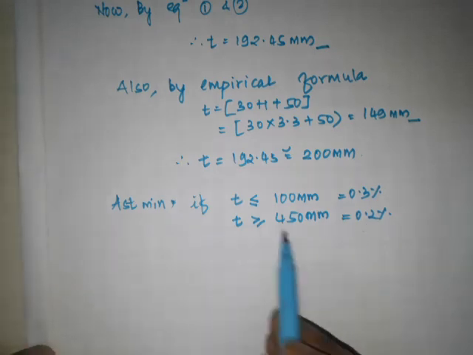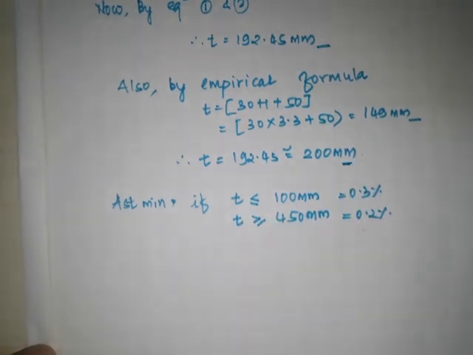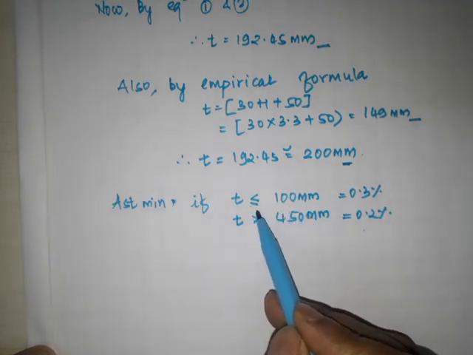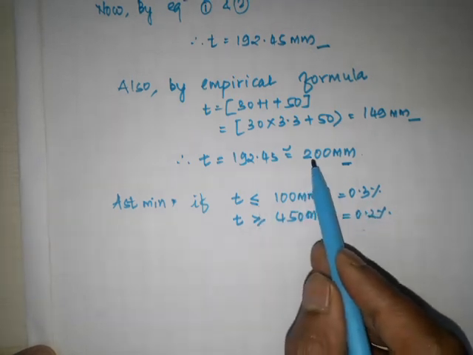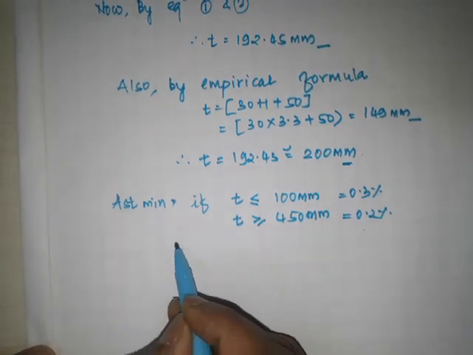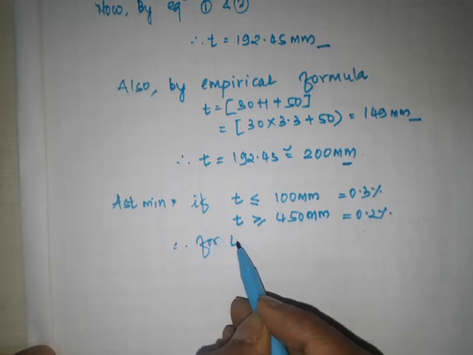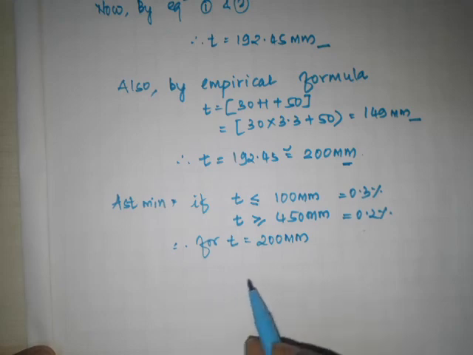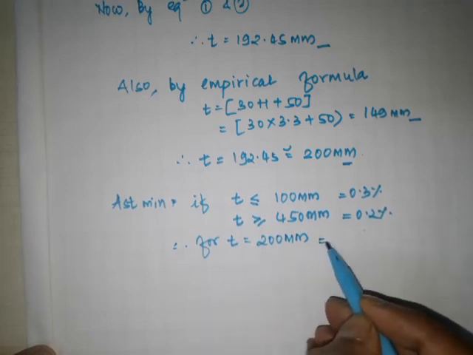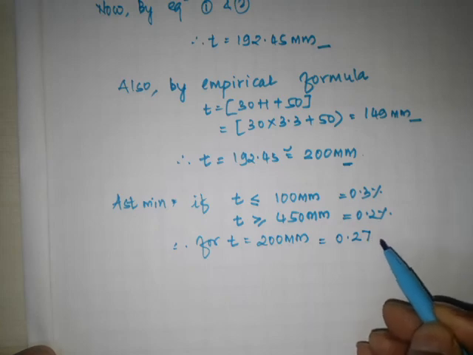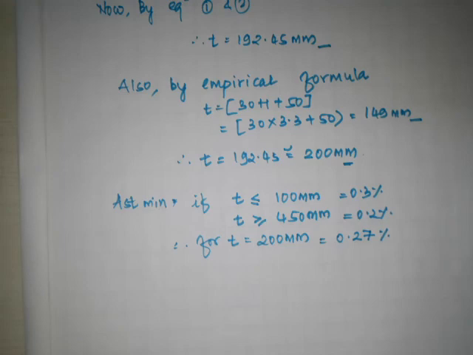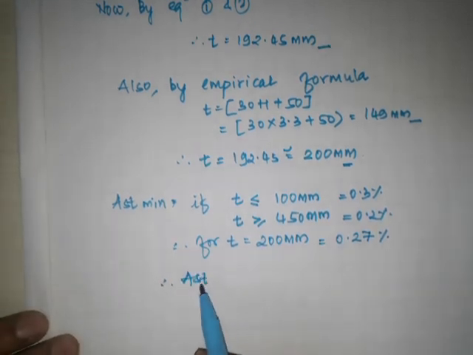Now our thickness is 200 mm. So what you have to do is the interpolation. You have to find out the percentage for 200 mm. Therefore for T equal to 200 mm, after interpolation we get the percentage as 0.27%. So therefore AST minimum will be